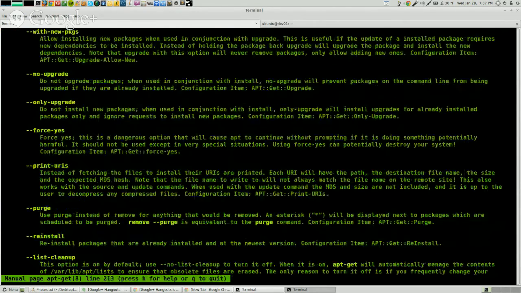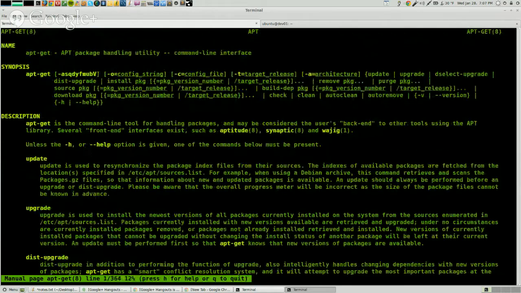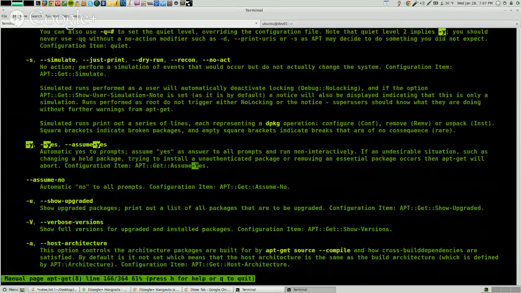Now sometimes these manuals go on and on forever. So in order to search a man page, you hit the /, which is next to the right shift. It changes at the bottom left, and we want to search for -y. Then you just hit enter after you put in -y, and it'll immediately start matching all the